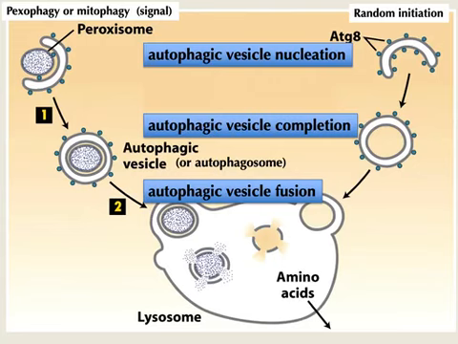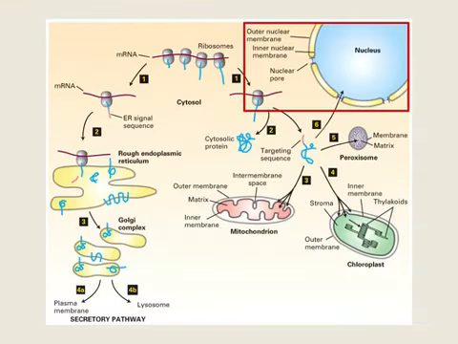Right? So that includes this membrane, that includes the organelle, and so on. And of course, ultimately, so here it just says amino acids, but you could imagine it also includes sugars, lipids, and so on. Then the cell needs to recover those components. And so the lysosomes,